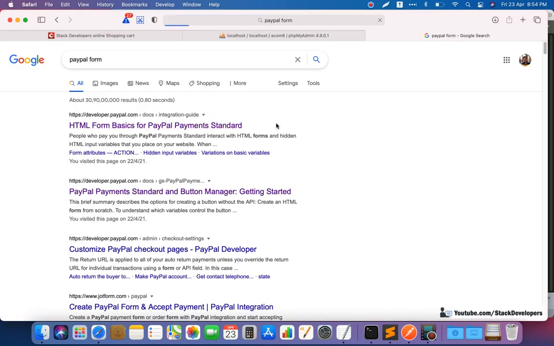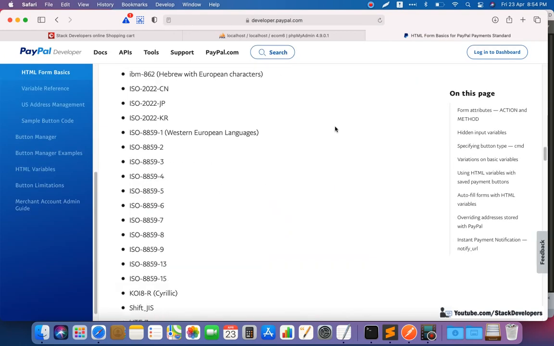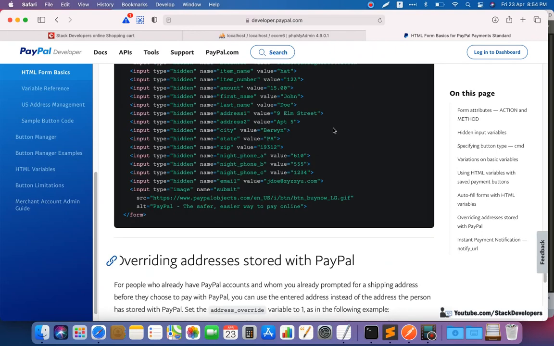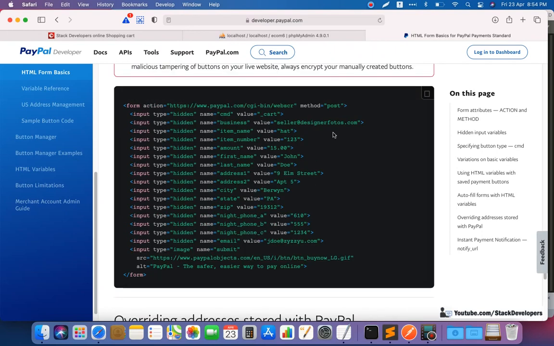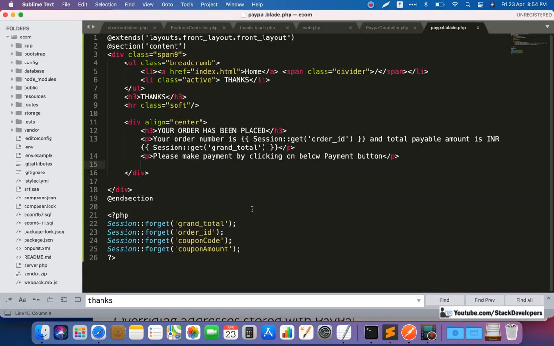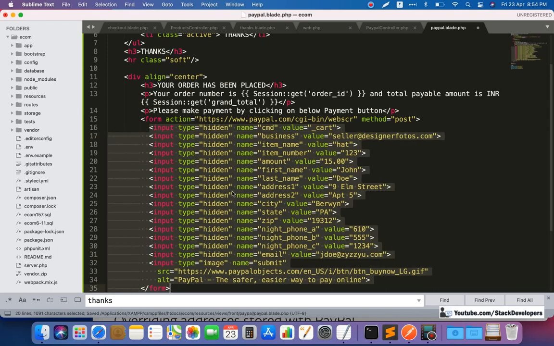You can open the first link, HTML form basics. I will also give it in the video description. You can go to the end and check this form. You can copy this form and we'll paste it here. Such kind of form we require.